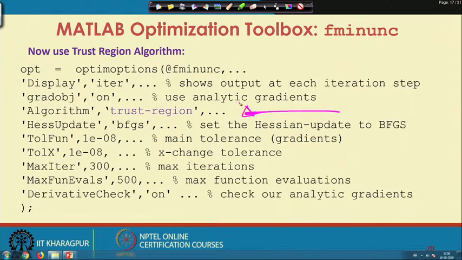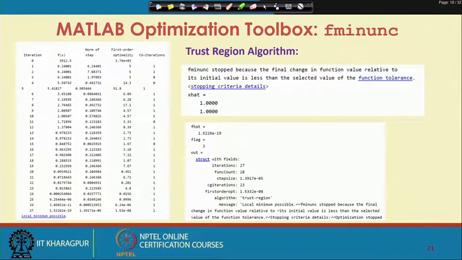Algorithm, it was the quasi-Newton method. Now, I change the algorithm to trust region. So, now I am telling the solver that the algorithm that needs to be used is trust region. Everything else remains unchanged. So, this is the result.